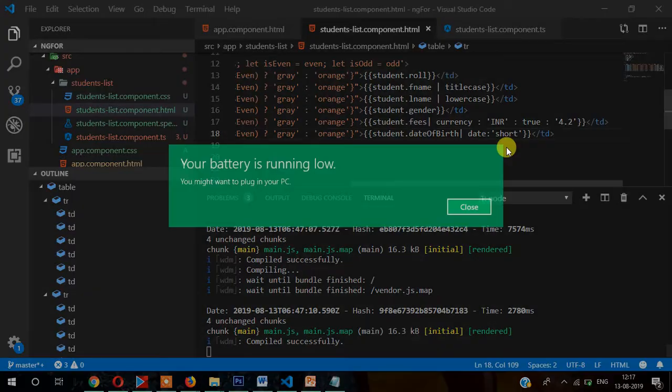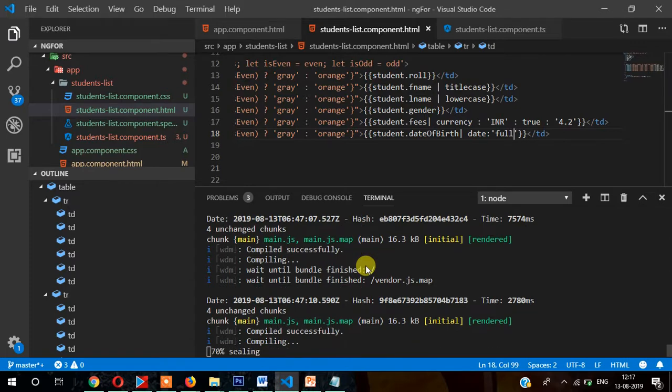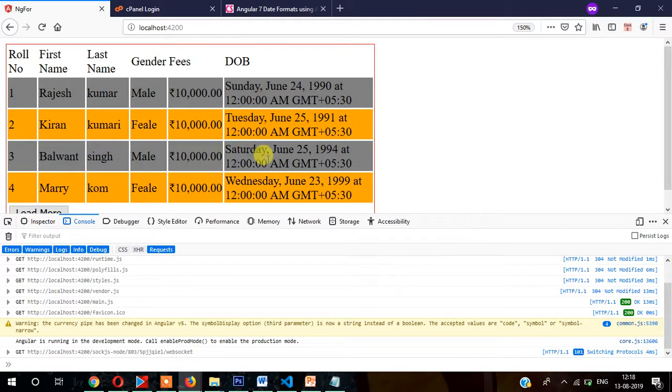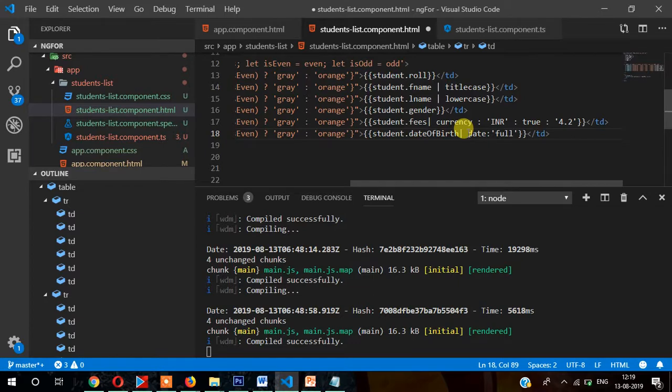The date format is displaying like this. Now if you change it here to full, let's see how it looks. So in this full format it displays something like this,